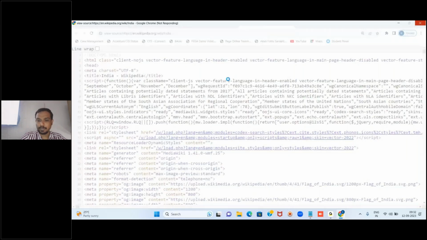Whenever we open Wikipedia, it is getting stuck. Yesterday also, when you opened Wikipedia, right? Amazon worked, and after that, when you opened,